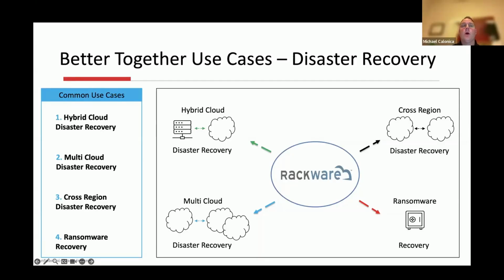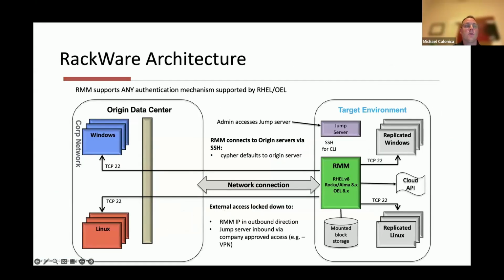And to that, we're going to talk a little bit about the architecture before we go into the live demo for everyone. So Akash, I'll pass back to you here, and you can talk a little more about the architecture for the group before we go into the demo session.